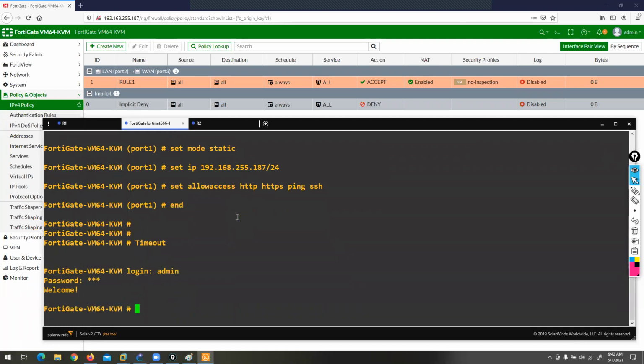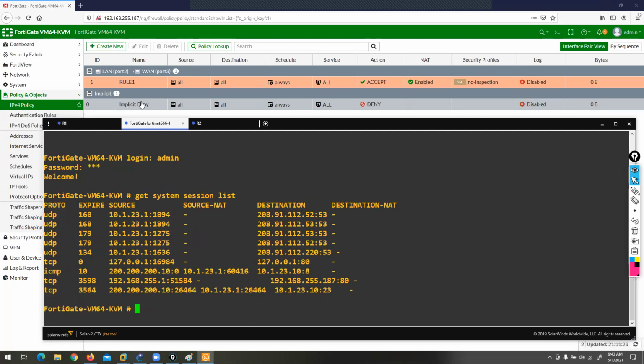On Cisco routers, we can verify our translation with show ip nat translation. Here on the FortiGate firewall, you have a similar command: get system session list. If you press enter, you get the information. This is the ICMP traffic, when you try to bring this source to this destination. Let's focus on our telnet traffic.